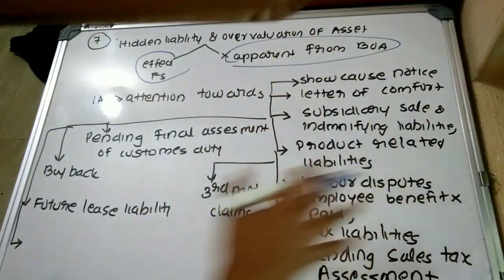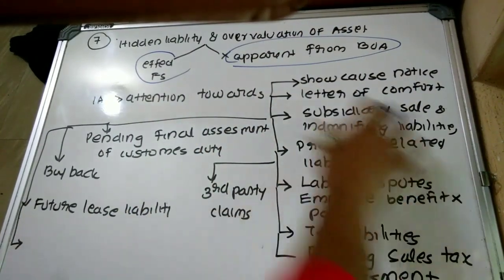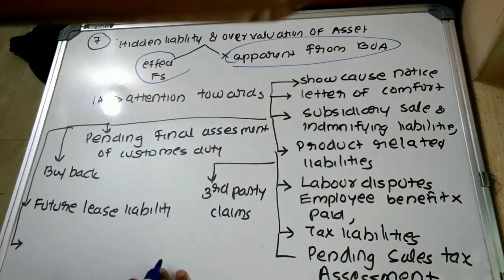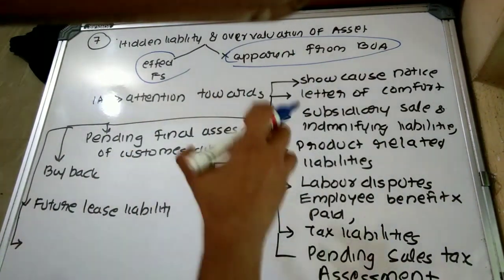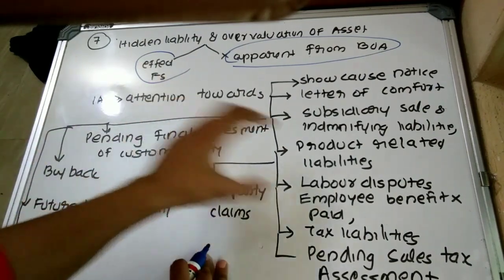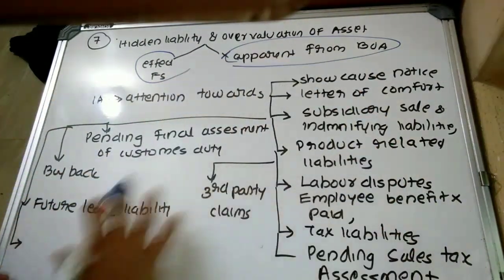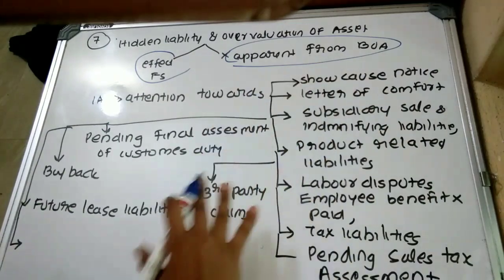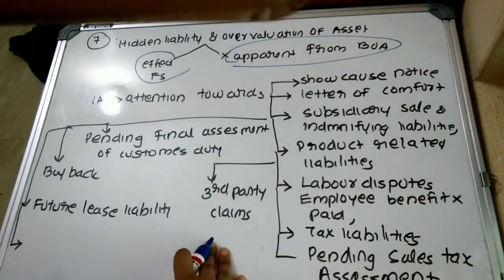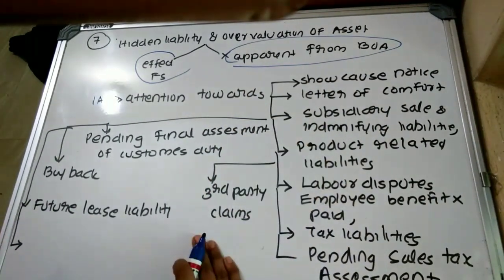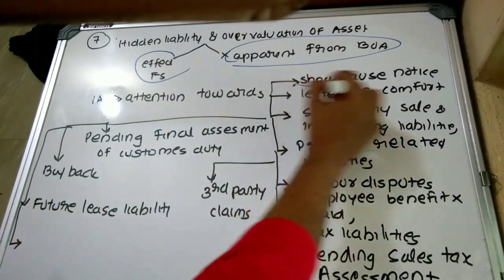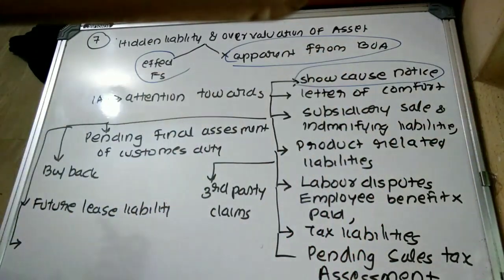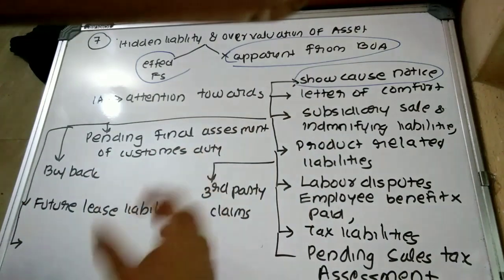That is, if the concerned organization is providing information about any of the following areas, we can assume that hidden liability exists. This is about the evaluation of hidden liability, determining or assessing whether hidden liability exists in the books of accounts or financial statement. First of all, determine whether any show cause notice has been received. The company may receive some